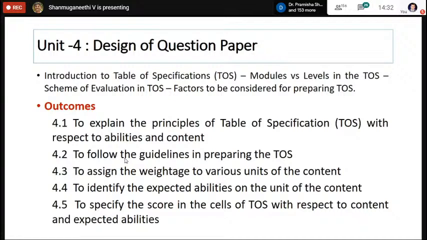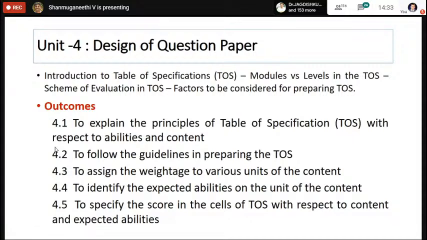Maybe I take a question paper and formulate it by asking which questions are coming from factual knowledge at the remember level, and which are coming from application, procedural and conceptual knowledge. I want to differentiate the questions. Suppose more questions are in the area of application and analysis with conceptual and procedural knowledge; that question is really testing the student's knowledge based on the outcome. Anyhow, it has to be based on the outcome. Whether it is testing application knowledge or only the remember and factual knowledge, you can bring it. So when you want to prepare this kind of question paper, then the table of specification is